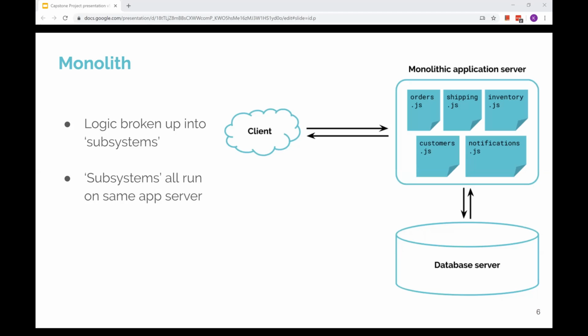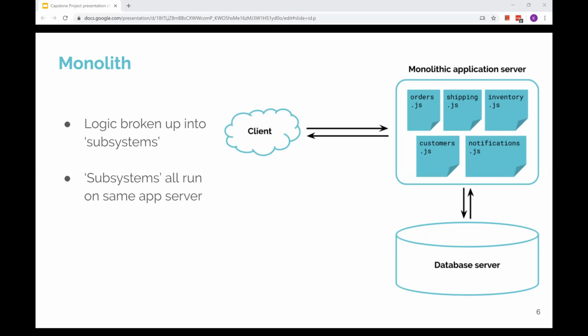We show here an example of an e-commerce app on the right. So the logic for all the app is in the app server. And the app server is represented by the rectangle with rounded corners. There might also be a database. So the cylinder at the bottom right, that transfers data to and from the app server. And finally, the cloud on the top left represents a client that's talking to our app server. So that client might be a user on a web browser or on a mobile app trying to use our